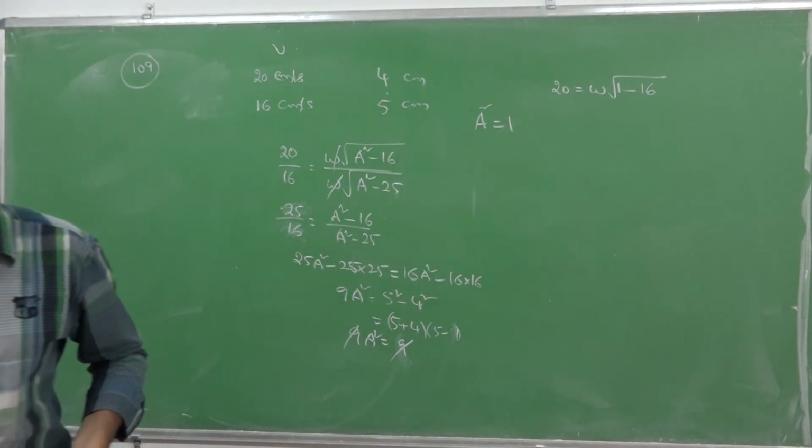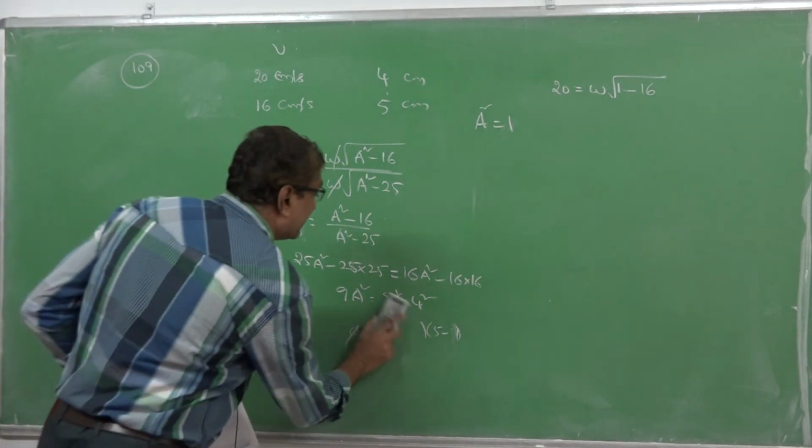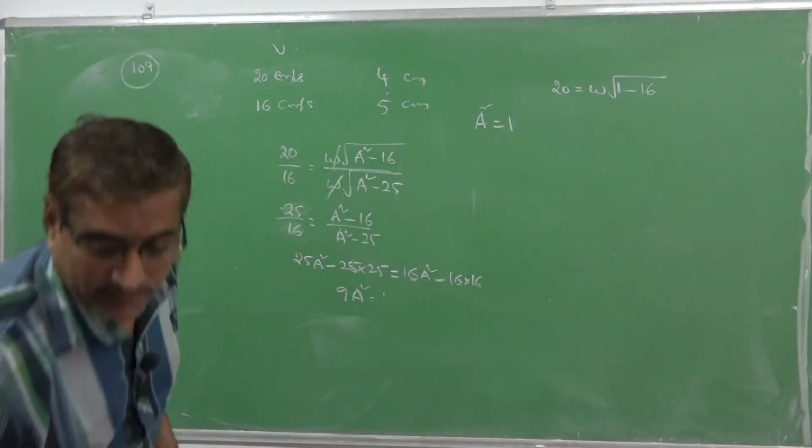Oh, sorry, confused. Okay, 9 a square is equal to